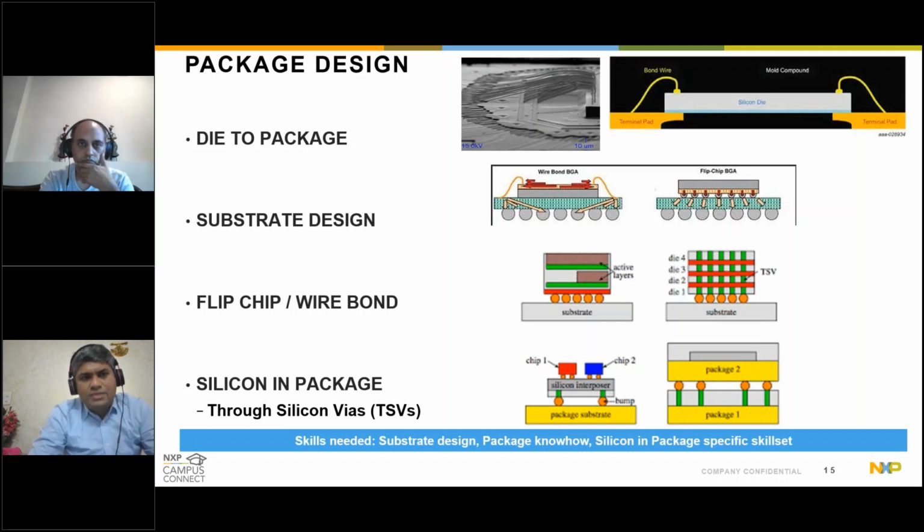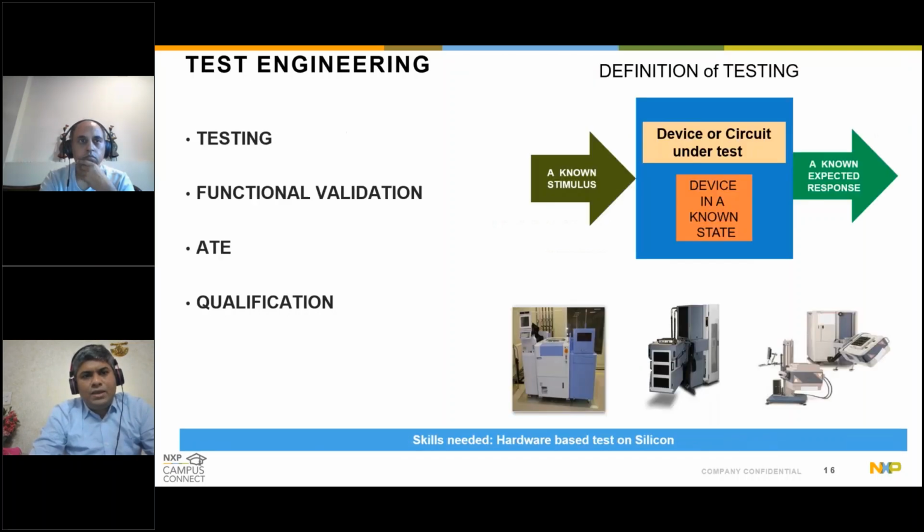Moving ahead to the next slide, Shamji, please, which is about test engineering. Again, now the chip has been packaged. So we had PDK, we had full custom, we had semi-custom. After that, we had the package design. Now somebody has done the finishing job and given it back to you: guys, you had ordered this part, here is the part, now do what you want to do.